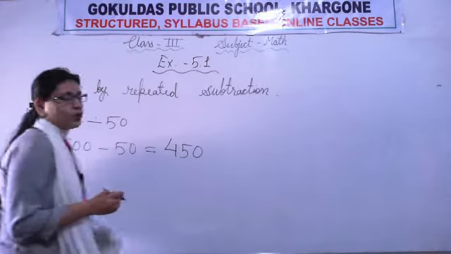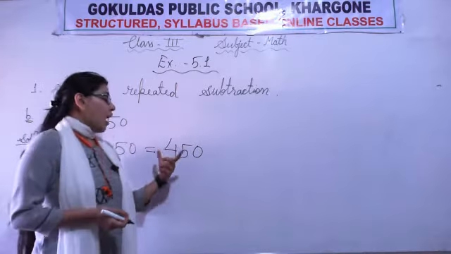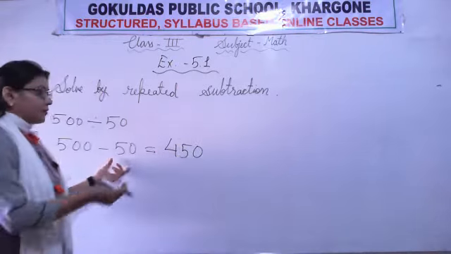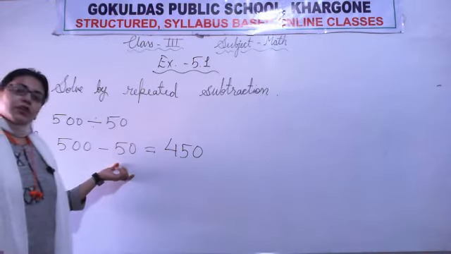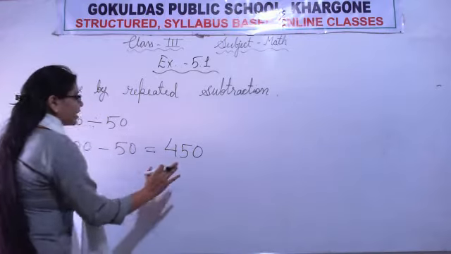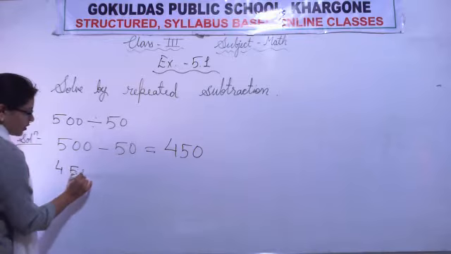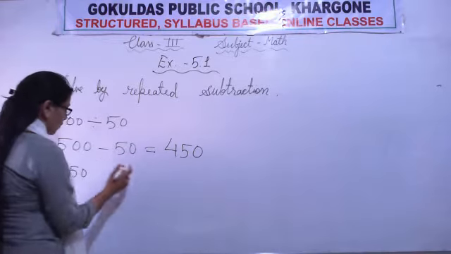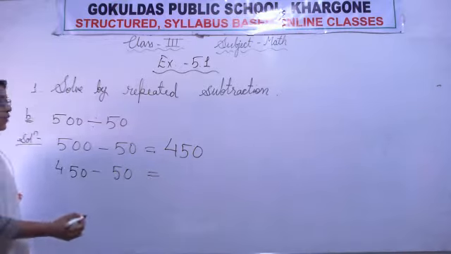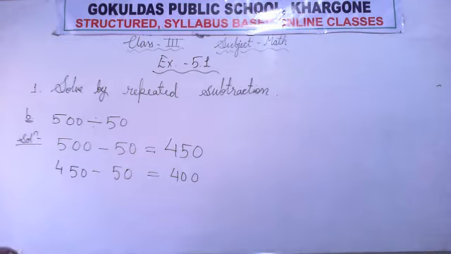See students, you know how to subtract. So if you have any doubt or confusion about how I am writing the answer, you can use the column method to subtract and check this. I am just writing the answer directly. Now the next, we will subtract 50 from this 450. So 450 minus 50 is equal to 400. So we will write down 400.